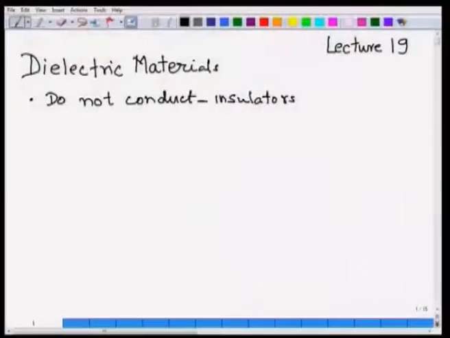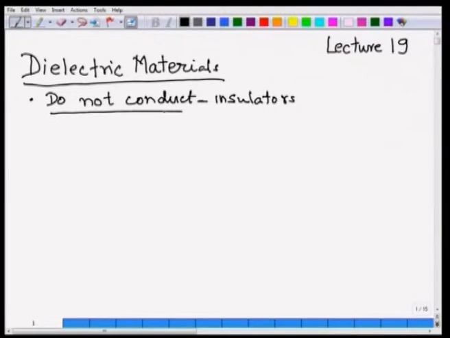Notice that insulators will be very closely related materials to semiconductors. Since we are going to talk about dielectric materials, we are going to talk about materials that do not conduct, that they are insulators. But to connect it back to semiconductors, recall the E-K diagram for